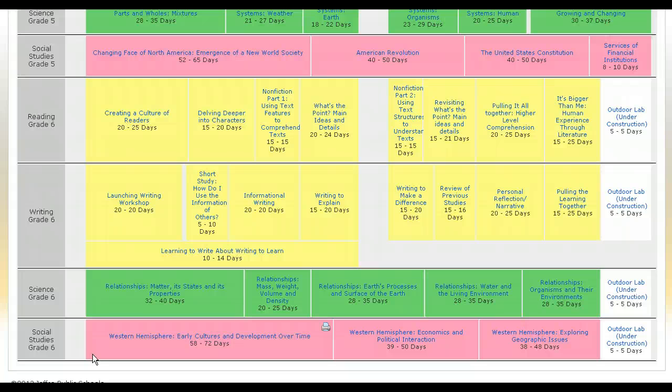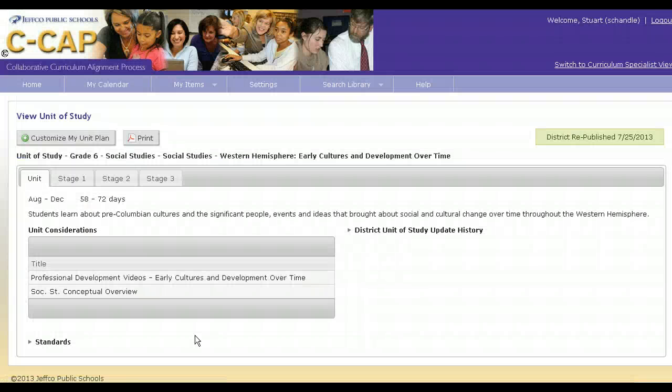Here on the first page of your year at a glance, you're going to notice the listing of the units. This first unit, Early Cultures and Development Over Time, focuses on history and geography. The second unit of the year focuses on economics and civics. And the third unit of the year actually brings everything together as students apply social and political economic lenses to different geographic issues. So I'm going to click on this first unit, and it's going to take me to this